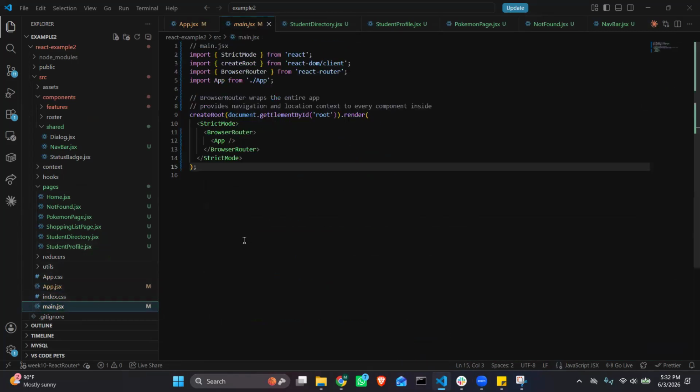Okay, so for this example, we are just building